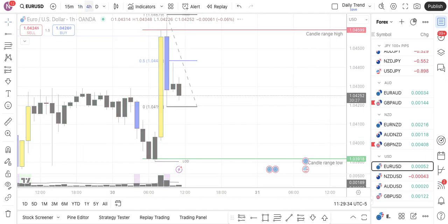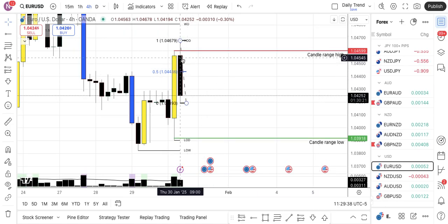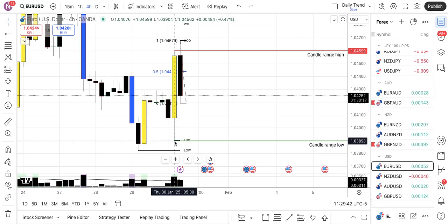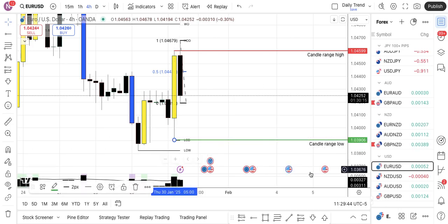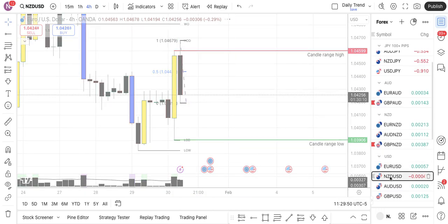But again, these candles are still open, so there's no telling what they may do. This could just be a simple railroad track where it just pokes above the range and then just tanks down to the bottom. But since this is dollar and there's a lot of dollar news coming up, who knows what's going to happen. But this is a good tradable range that you could have taken advantage of. Next up,